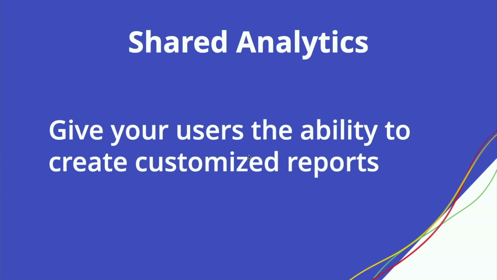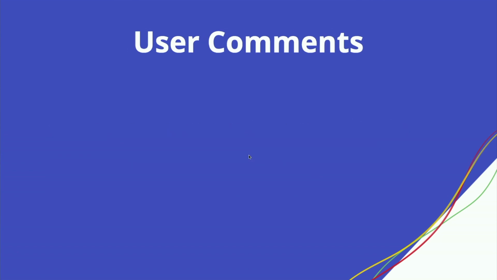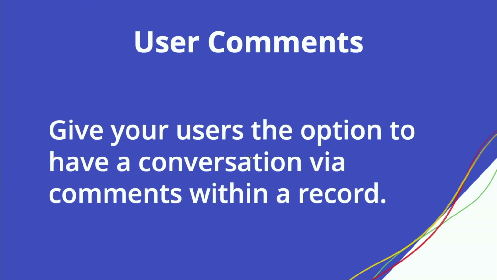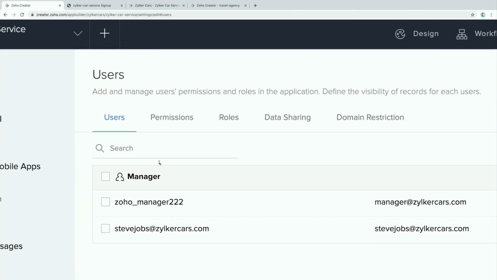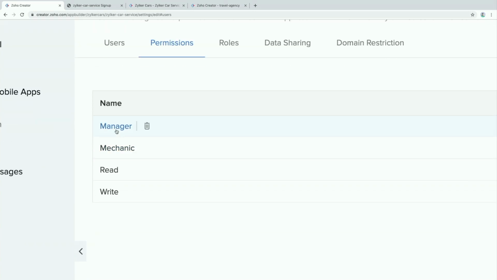The second feature is again a much awaited feature in Creator, where for every record, you will have the option to add comments to it. You will be able to tag users, mention a comment, maintain a conversation in there. And again, you will have option to specify the level of permission, whether a user should be able to read comments or also be able to write comments. That can be specified with this. Let's quickly see a demonstration of these two features, and we should be good.